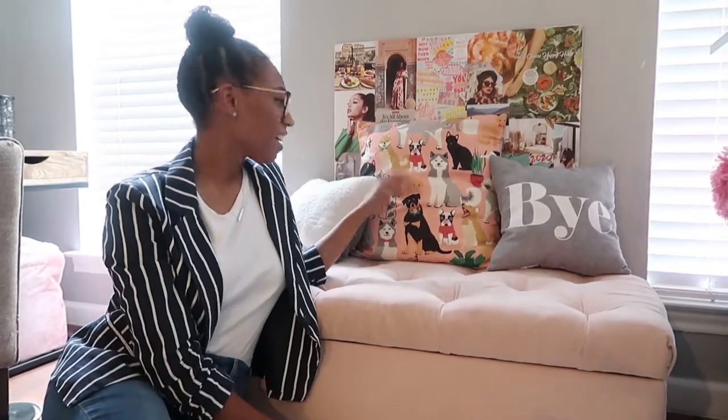I had these extra pillows. This dog pillow was a gift from my brother for my birthday. He knows I love dogs. A throwaway pillow that's really soft, and this pillow that I bought simply because it says bye on it, and anyone who knows me knows that's literally my response to everything. It's just like bye. And then again, it still kind of looked bare,